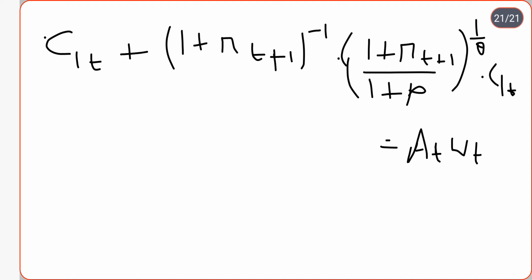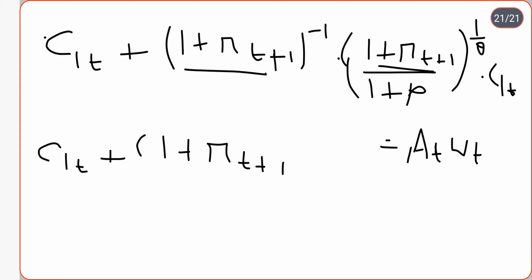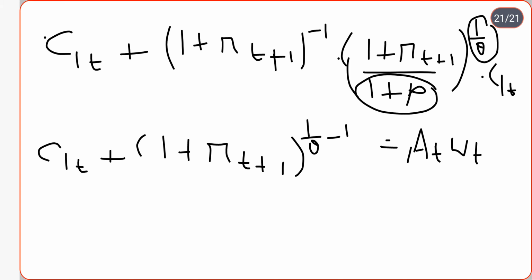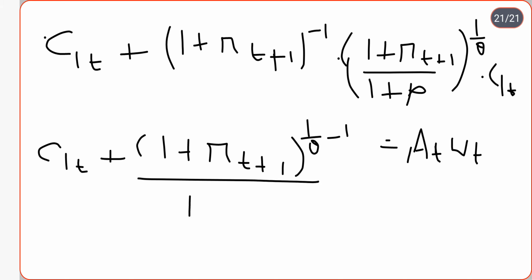Now the question is, if I just multiply these two portions, then what actually happens? Well, to be honest, I may just write it as c1t by 1 plus rt plus 1. The bases are equal, so the powers will be added. So that is 1 by theta minus 1, and this 1 plus rho also has 1 by theta as the exponent, so I have to give it also 1 plus rho to the power 1 by theta